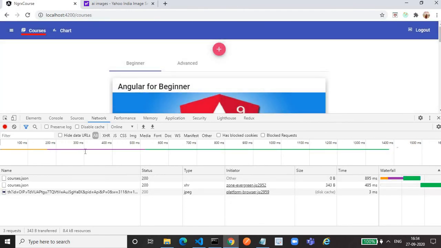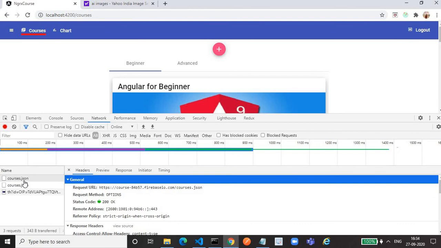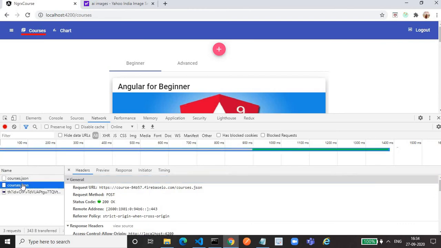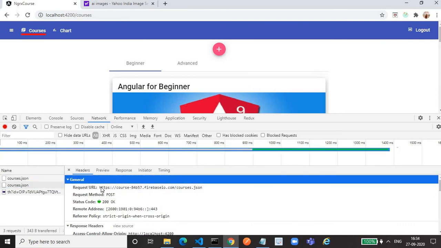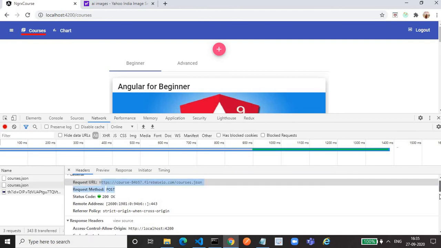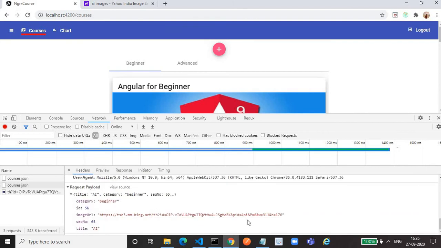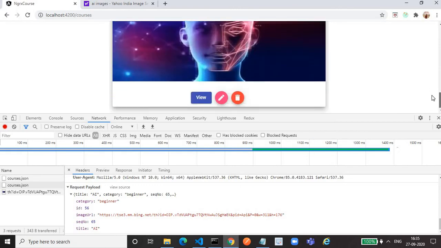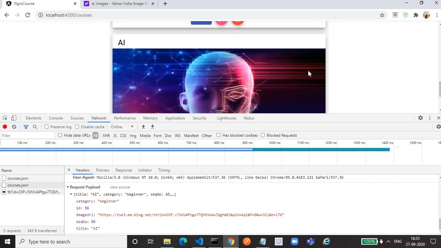Now if you see, our post API is successfully executed, but the URL is our own URL that we have written in the override method. And if you see the payload, it takes the post payload. Everything is successfully done, and in our application, you will see the AI get rendered. So it was added to the store as well as to the database.